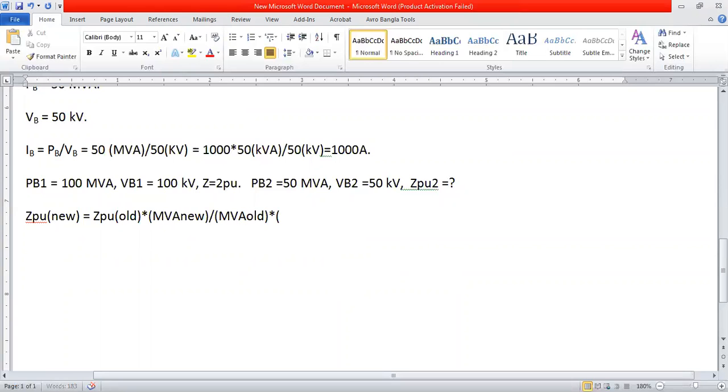into, so kilovolt square divided by, well আমরা এভাবে ইকুয়েশনটা লিখি, কিলোভোল্ট স্কয়ার ডিভাইডেড বাই কিলোভোল্ট স্কয়ার, so kilovolt square, and this is our old value, and this kilovolt square should be the new value. So this is our equation, this is our final equation. So if we just